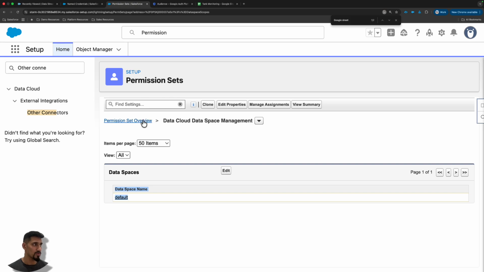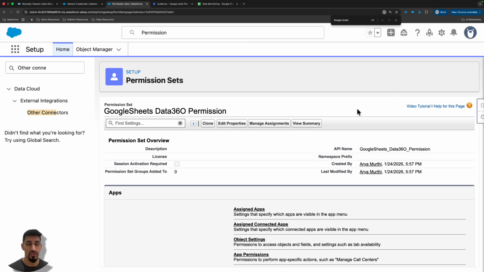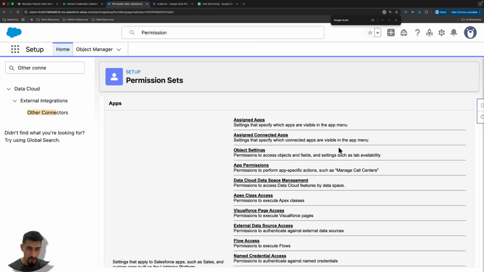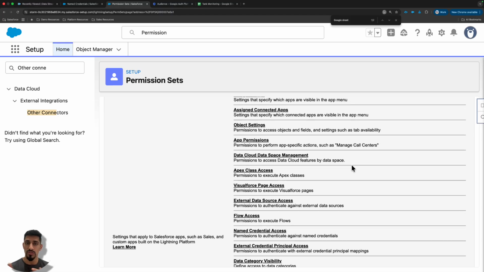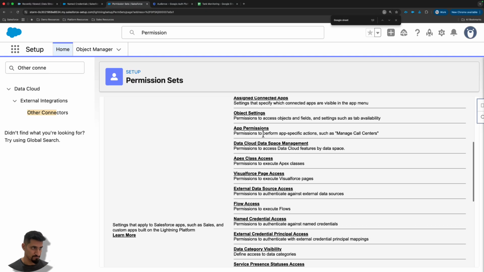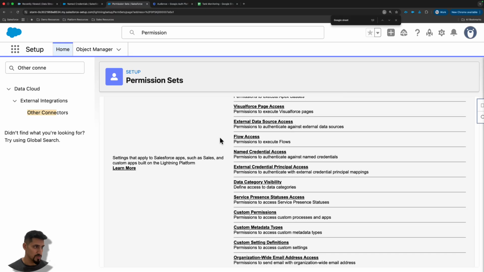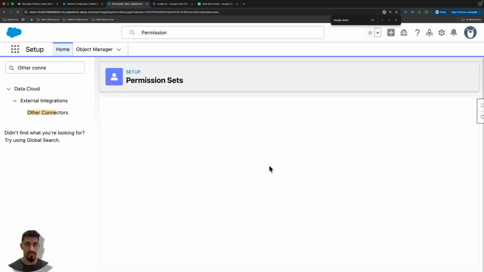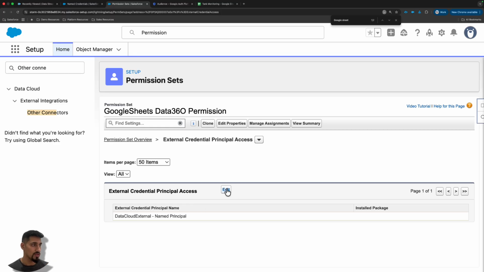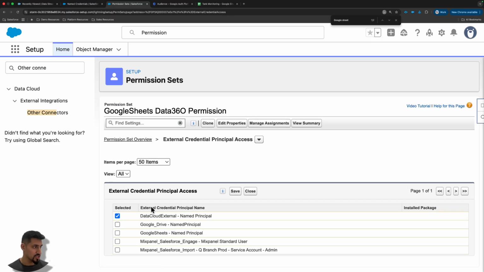The other thing that I'm going to do is grant access to use those external credentials, which means anyone who has this permission set will be able to use the connections that we set up to safely and securely visualize and use that Google Sheets information. So I'm going to come down here in permission sets to external credential principal access, and I will grant access to the named principals that I created. Now, one here I've already checked off. The other one I'm going to access is the Google Sheets named principal, and I'm going to go ahead and